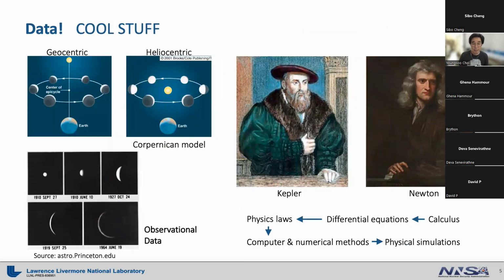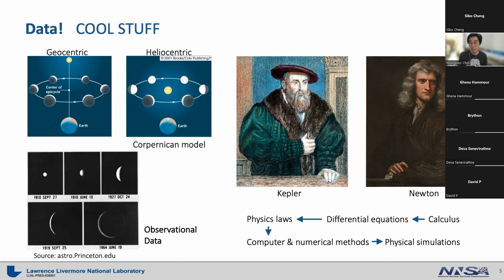By the way, let's ponder a little bit about data. Data is cool stuff. If you think about it, it was the observational data that allowed our view change from geocentric to heliocentric world. Collected observational or experimental data were the ones that enabled numerous scientific discoveries, such as Newton's law of motion, laws of thermodynamics, electromagnetics, and so on.